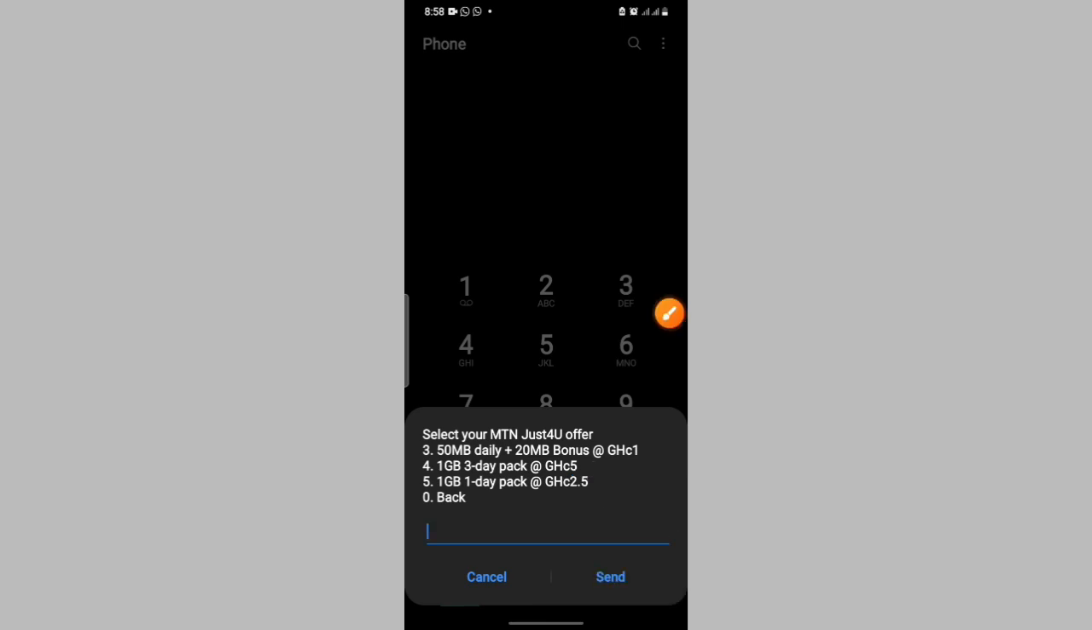Okay, so guys, I will recommend these data packages for everyone. Instead of buying 3 cities using the *138, I recommend that you use the *141 to buy this data package, because it's very economical. 1 gig for 24 hours for 2 cities 50 pesos. You see that it is very cheap. Okay, it is very cheap. MTN